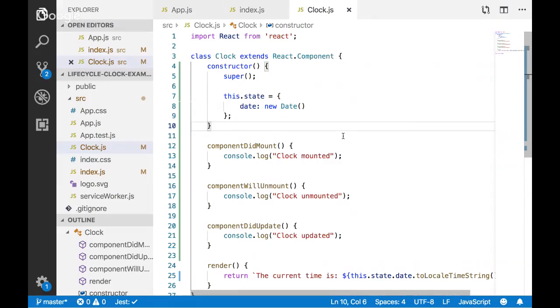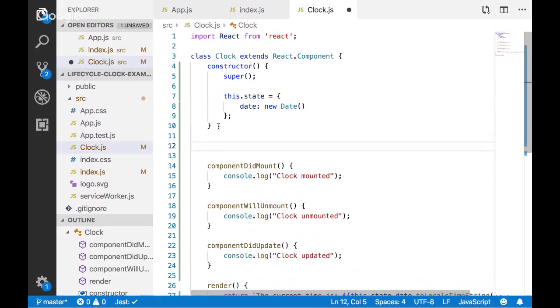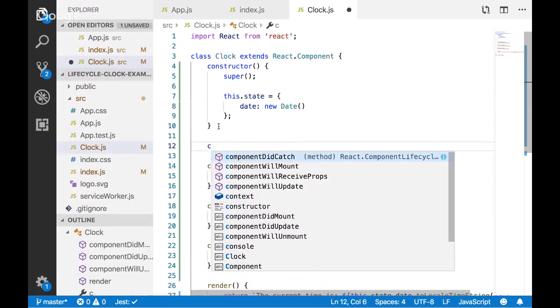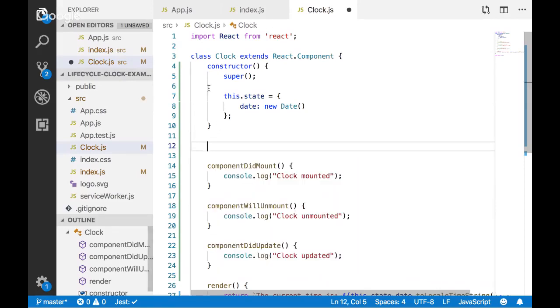Plus, whatever happens in that interval is going to need to be able to call this.state, change our state. So it has to be internal to this. In order to hook that up, we need to hook it up in one of our lifecycle methods. Now we could do it in the constructor, but it's generally best not to hook up anything other than the very basic bits inside of your constructor.